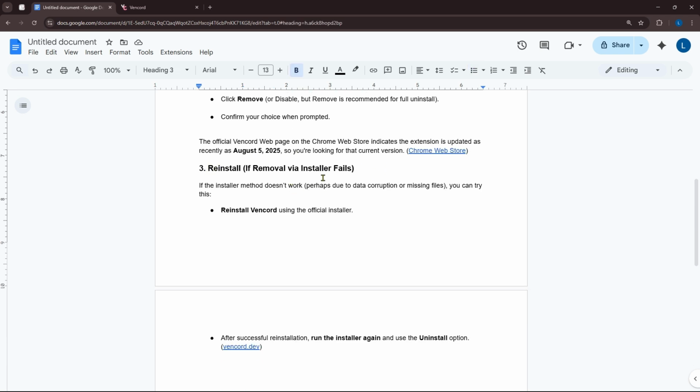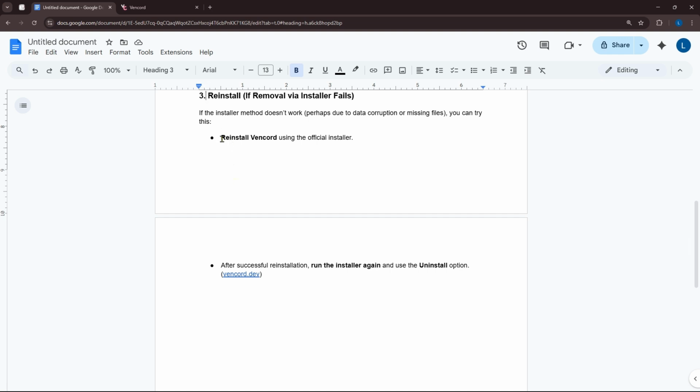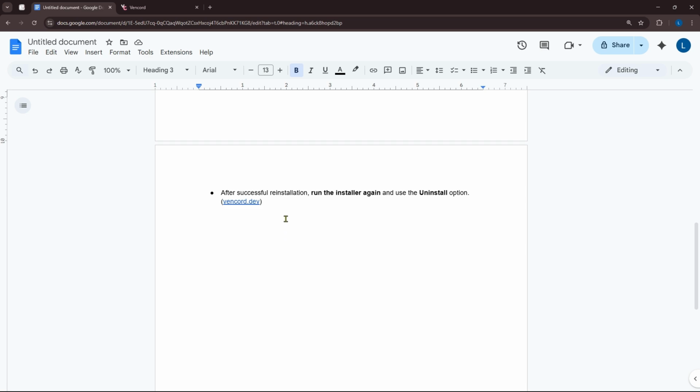After that, if the removal via the installer fails, if the installer method doesn't work, you can try this. Reinstall Vencord using the official installer, then after successful reinstallation, run the installer again and use the